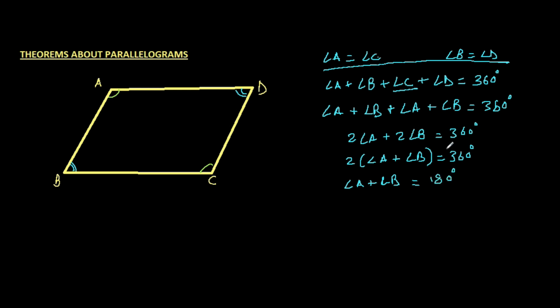Now let's see in the figure which is angle A and which is angle B. So we have got angle A here and angle B here. If these two add up to 180 degrees, now if we see that AD is a line and BC is a line and AB is a transversal which is intersecting both these lines, then angle A and angle B are co-interior angles. So I can write that angle A and angle B are co-interior angles.